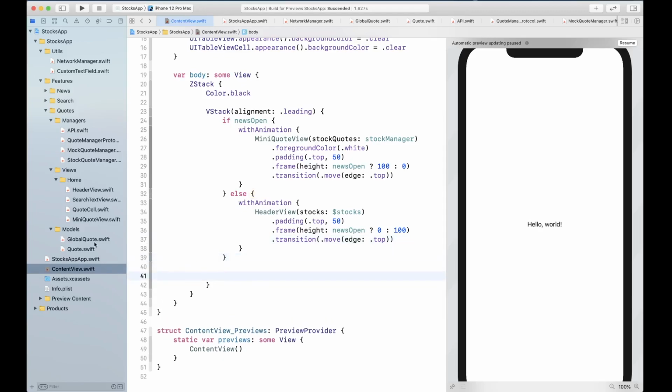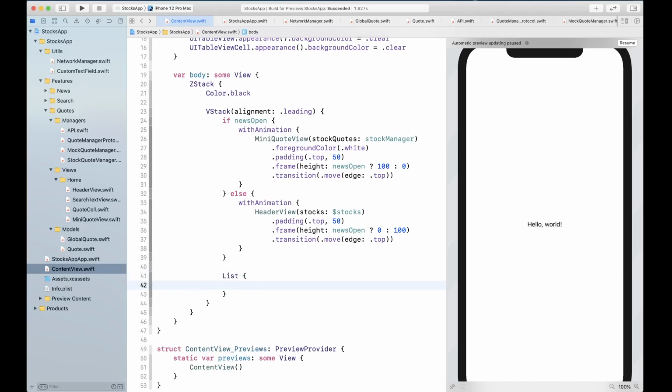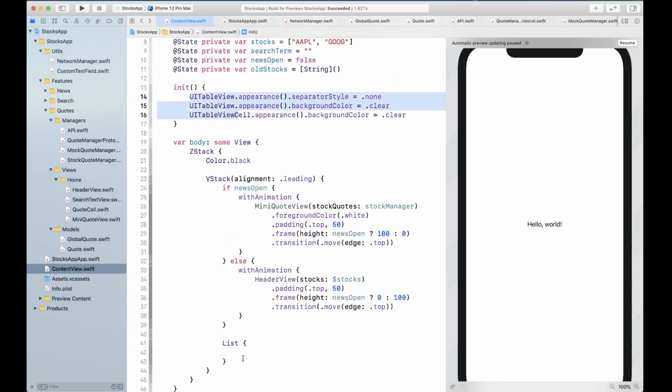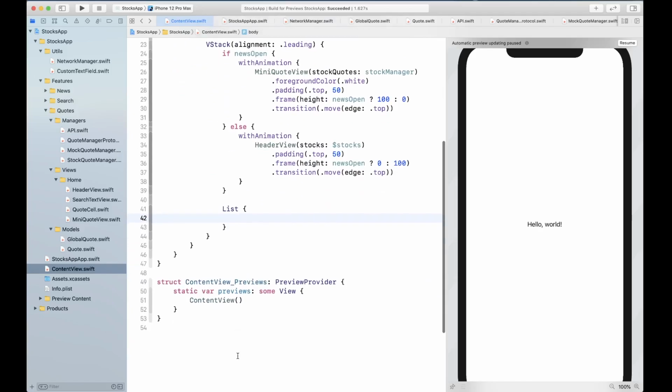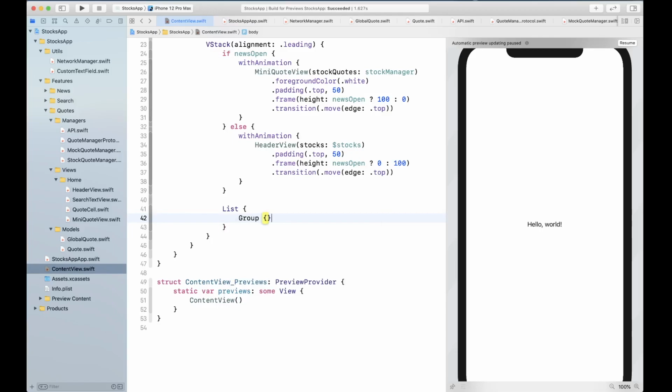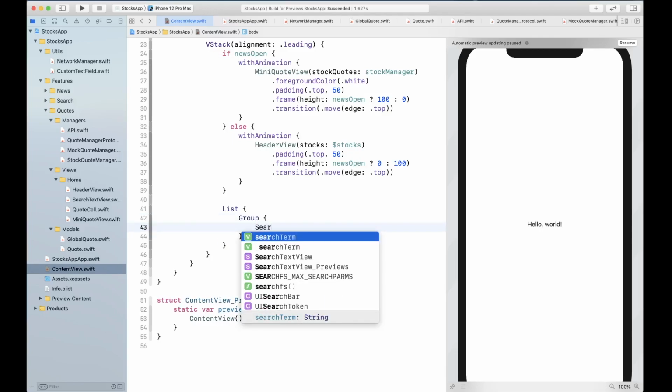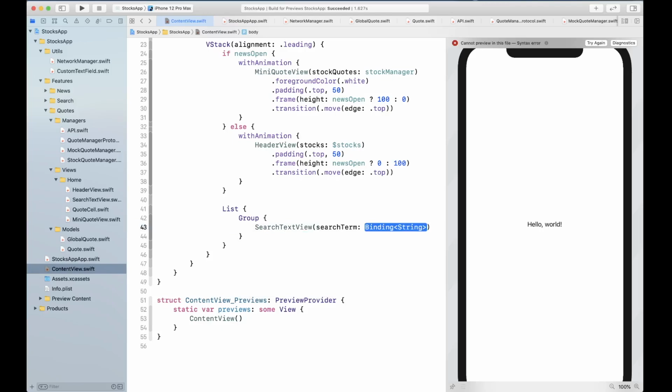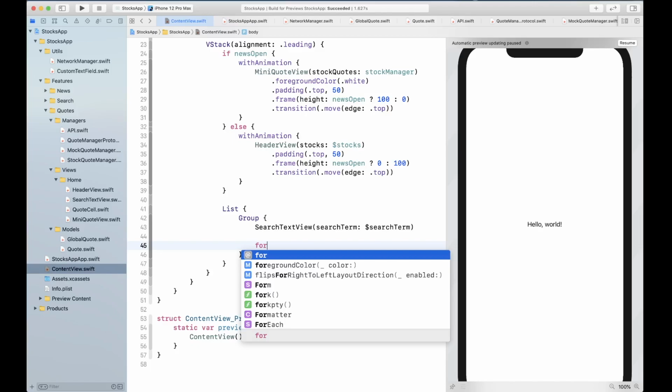Okay, then we're going to have a list. A list is essentially your table view, so any properties that you have set for your table view's appearance are going to be applied on your list right here. You're going to have a group. This group is going to have search text view with search term binding, so that is going to be the search term,